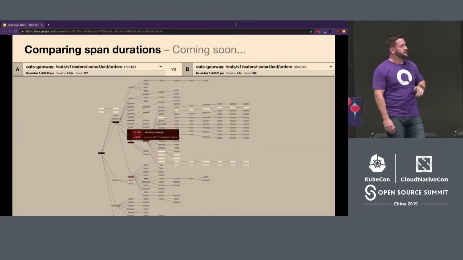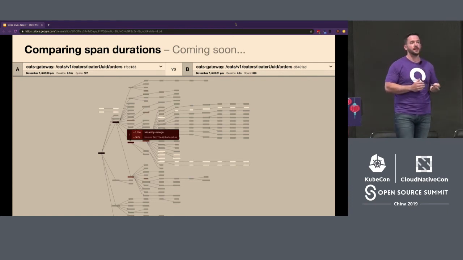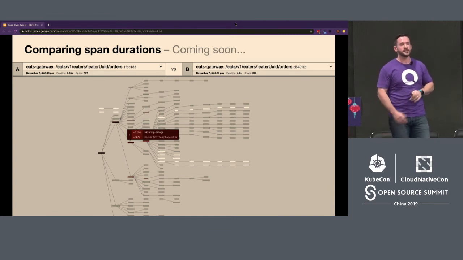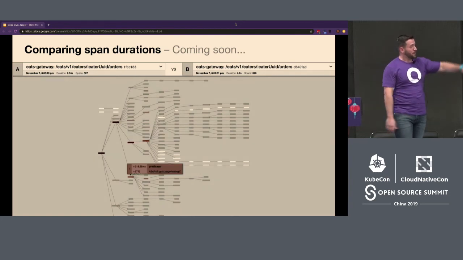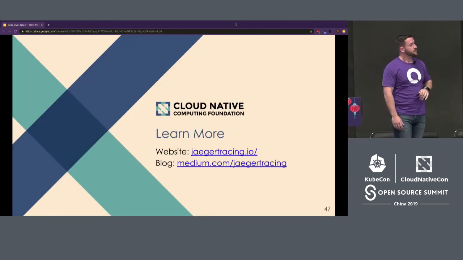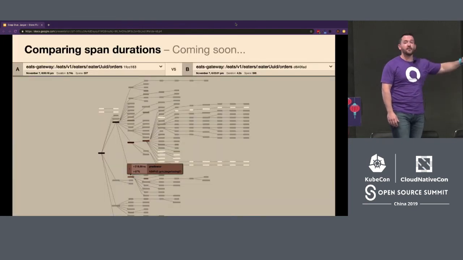And the idea here is I'll be able to hover over any of these spans, any of these calls, and quickly see, hey, this call took 2 seconds or 1.7 seconds. Why did it take that long? This is problem isolation. I can now go to the service owner for this particular service and say, hey, why was your service slow? How can we speed it up? Because it's impacting the rest of the calls downstream. It's impacting customer experience. And there may be multiple services that are slow, and so you can see that very visually.